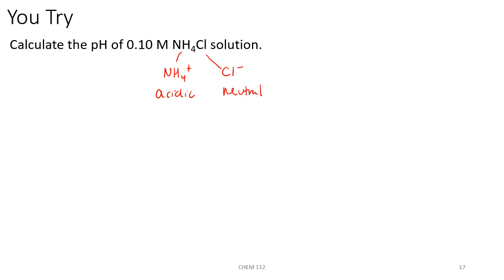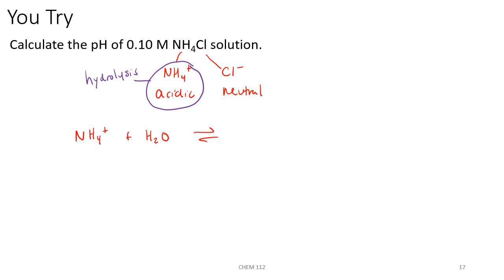So the neutral chloride anion isn't going to interact with water, but the acidic ammonium ion can interact with water in this solution and undergo hydrolysis. So this is going to be an acid hydrolysis reaction that we have to write. Whenever we figure out which anion or cation is interacting with water, we then have to write our equation. So we're going to have ammonium ion plus water, because it's hydrolysis, and we're going to